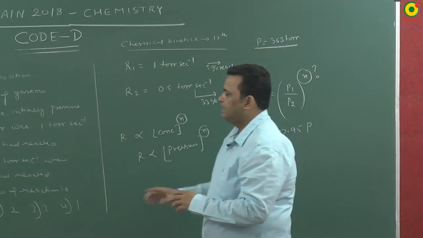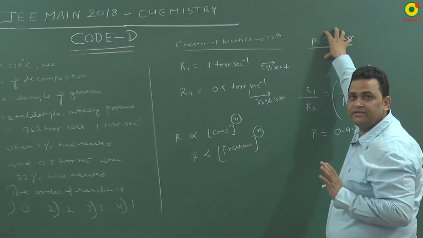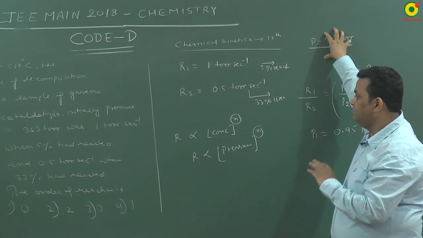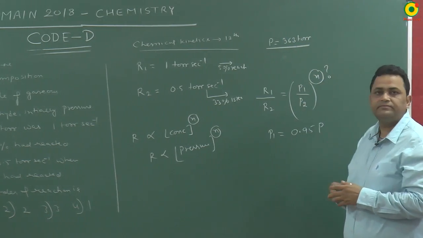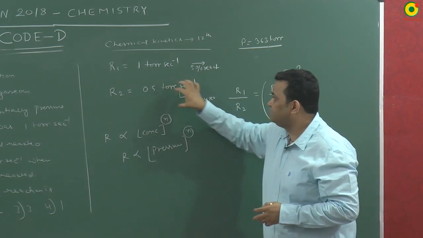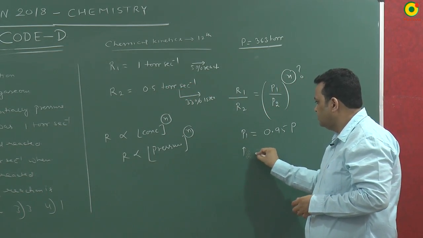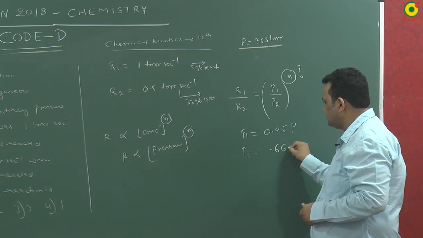Understand this? Initial pressure was 363 and 5% has reacted, meaning it is consumed. Then the remaining amount, in terms of pressure, will be 95% of P. This is the rate when 33% has reacted, so P2 will be equal to the remaining 67%, that is 0.66 of